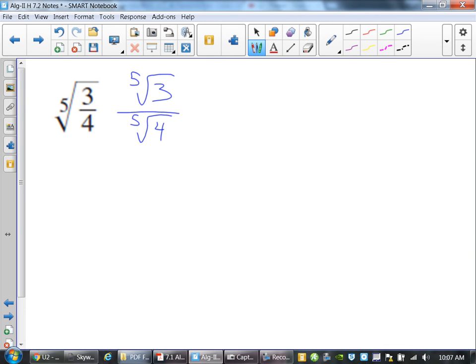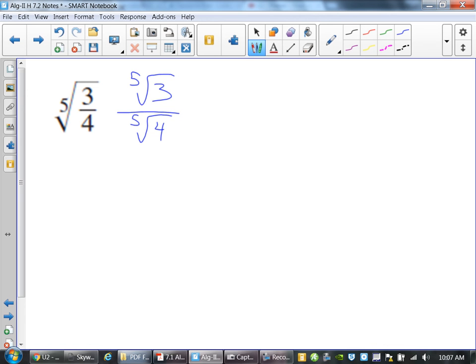You be okay with that? Okay. Now, we don't like roots in the denominator. So we have to figure out some way to get rid of it, which means we have to rationalize it. Now, when we did this before,